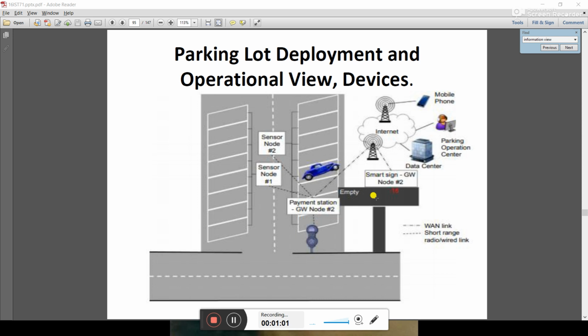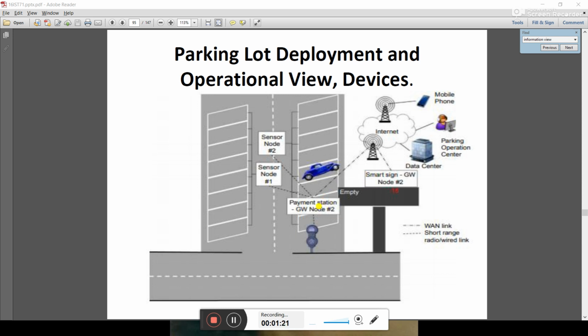There is an occupancy detail also, and here the occupancy details are coming. So this shows whether the space is empty or not. So here it shows that if there is empty, then how many spaces are present for the cars.